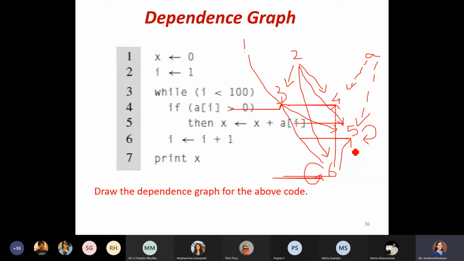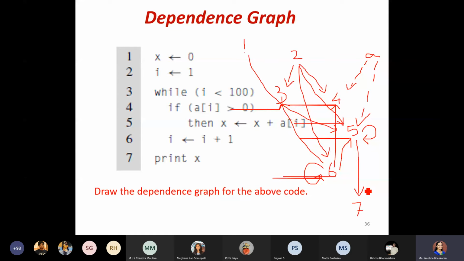Now coming to the seventh line, when I create the seventh node, print x. x is the variable which is recently updated in node 5. So from node 5, I am going to get the x value and that will be displayed.